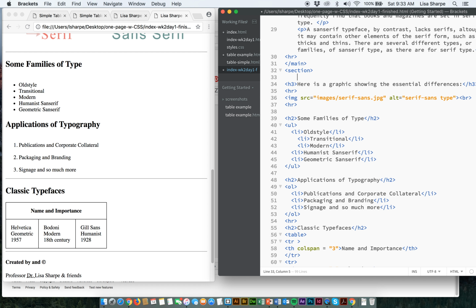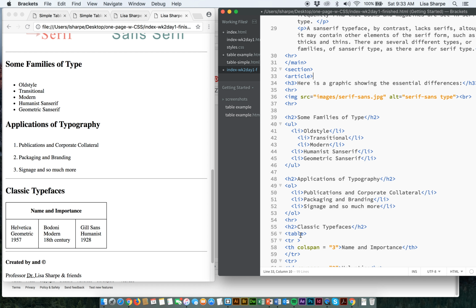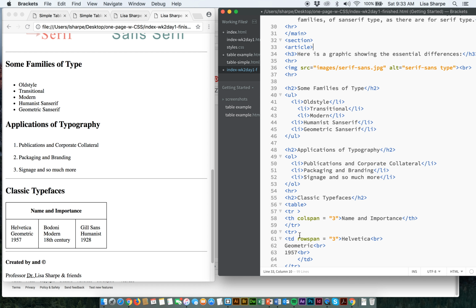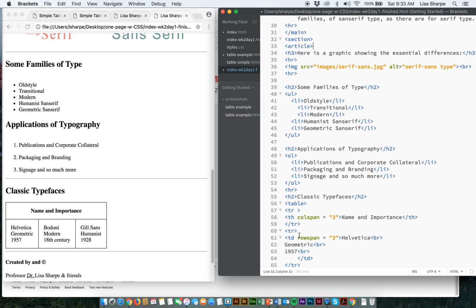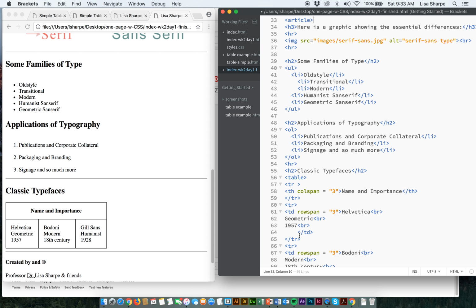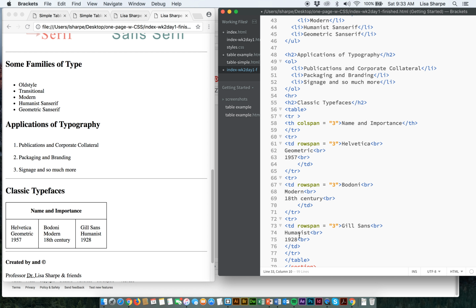Okay, now I could break this up into several articles if I wanted, but I don't necessarily want to overcomplicate things. So I could make each one an article. I'm not going to do that because there's not that much content that really needs to be called out. So we have an article,